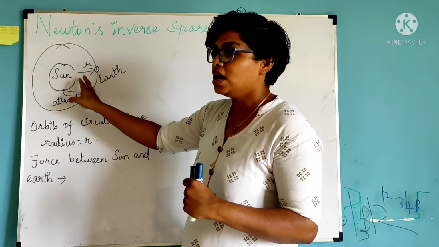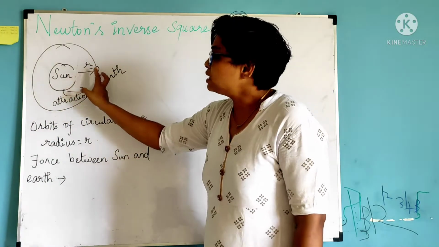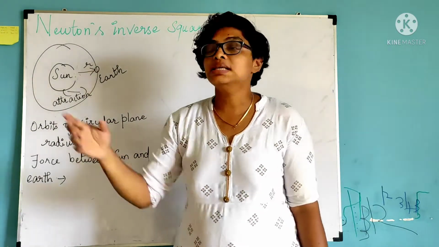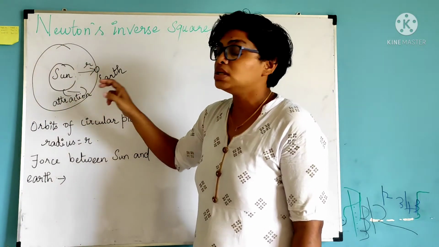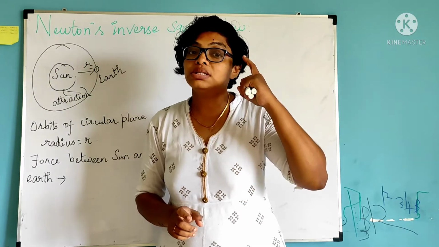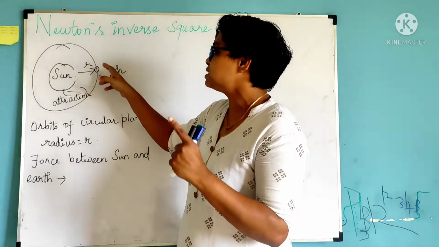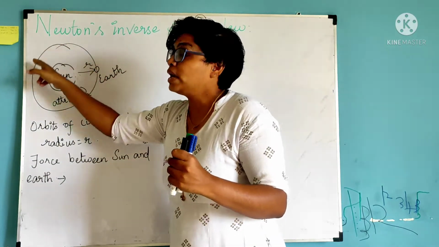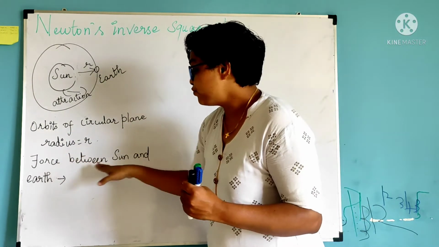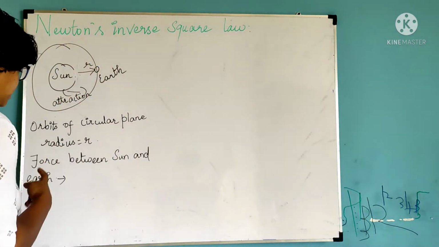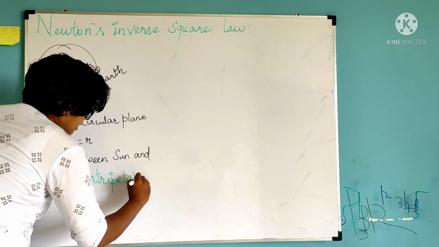of gravitation. So here we have an attraction between the earth and the sun, and the distance, or the radius, we call it r. And here we have to notice it rotates around in a circular orbit. You just remember this, because later during the derivation I am going to ask you one question. So the radius is r, and the force between the sun and earth is called the centripetal force.